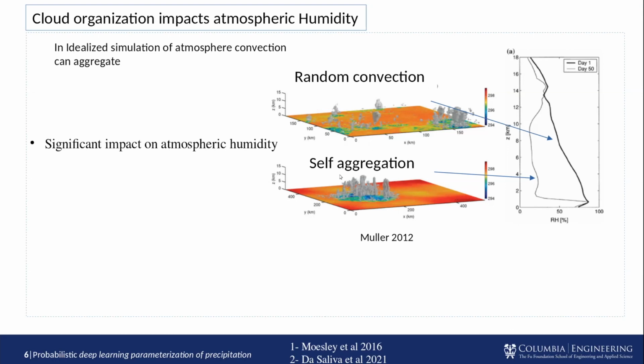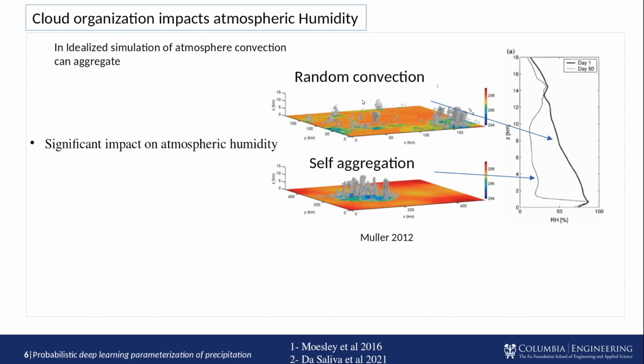But convection can also clump together and form this very strong structure that is very moist, and precipitation is happening now only in this small region, and the rest of the domain is very dry. And this can have a large impact on the atmospheric profile. For example, relative humidity I'm showing here. These are averaged over these two domains. We see that the case that is very organized has a much smaller average relative humidity compared to the very